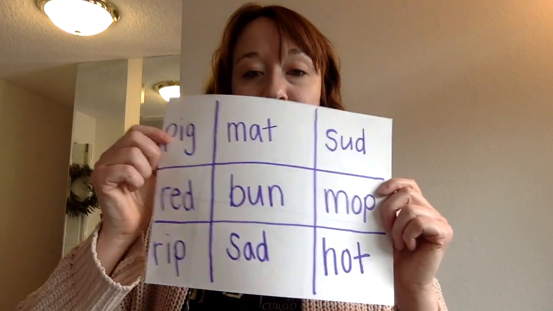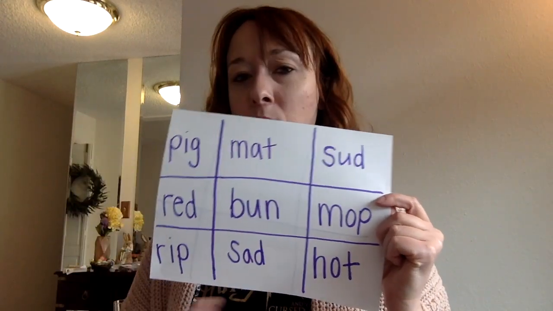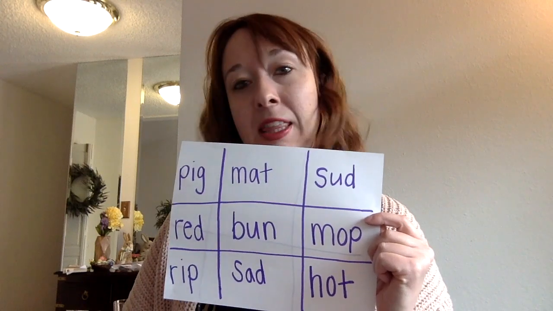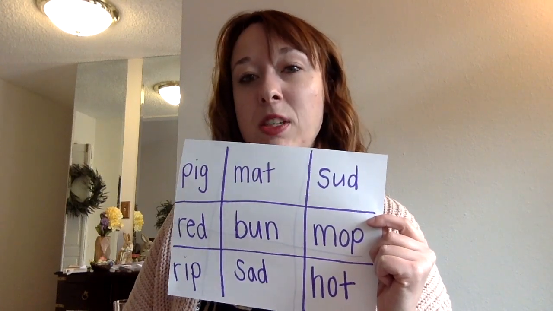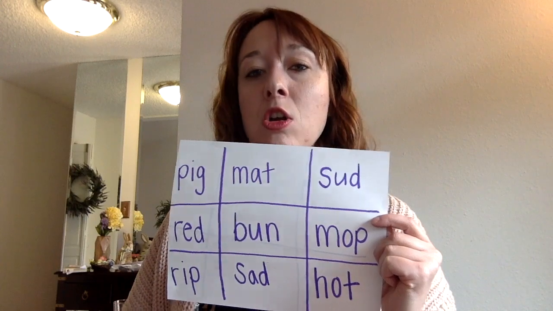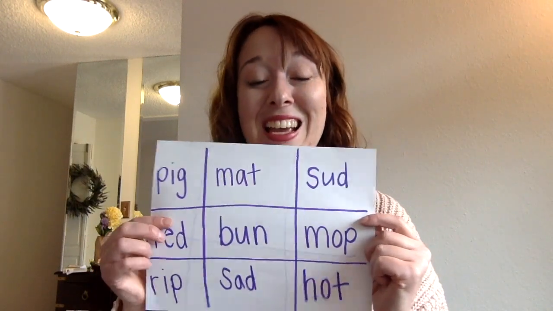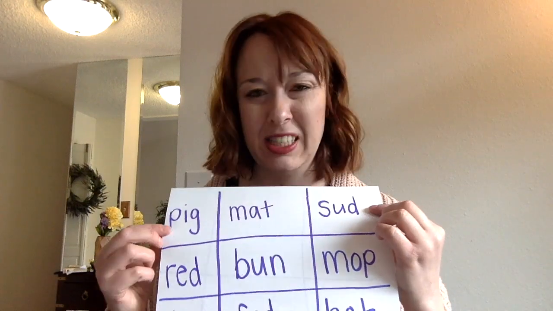Again, you can do this with CVC words. So I made a CVC word bingo sheet, so you can cut out the words and pick words that they have to read themselves this time. They can't look at them and just memorize them. These are words that they have to be able to sound out. So if I picked out pig, you would have to sound out your words. Let's see, this one, pig,